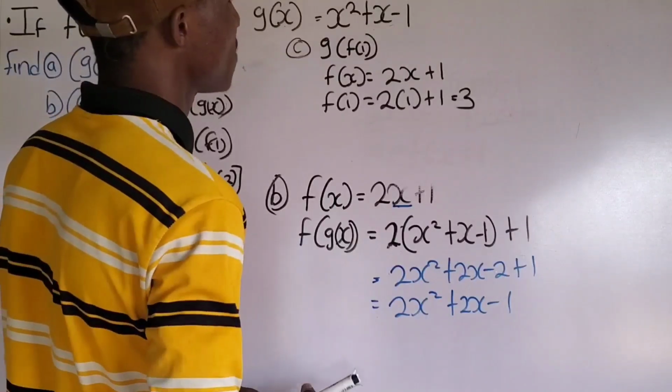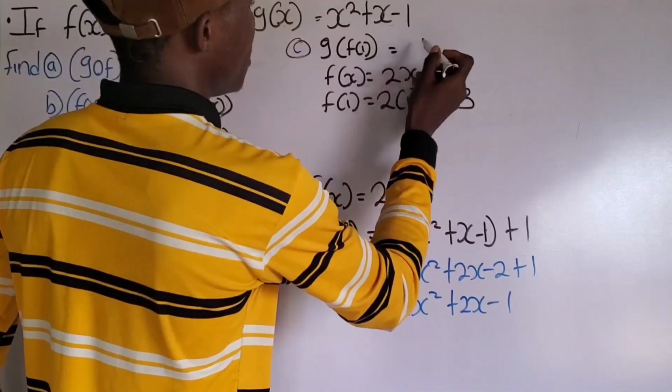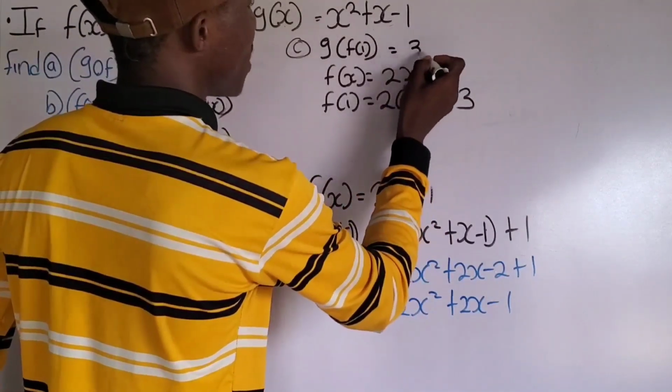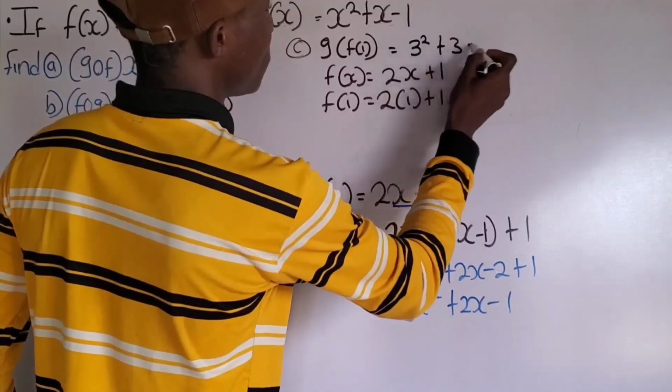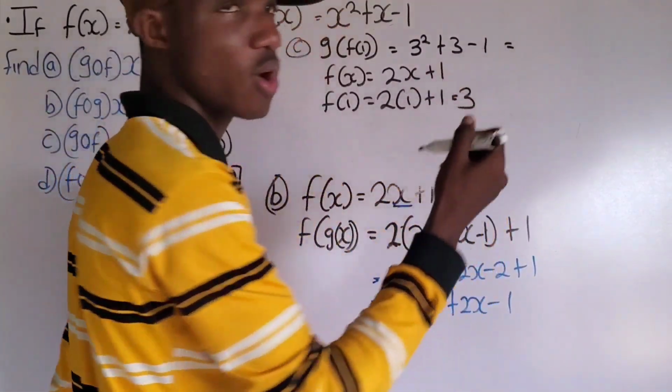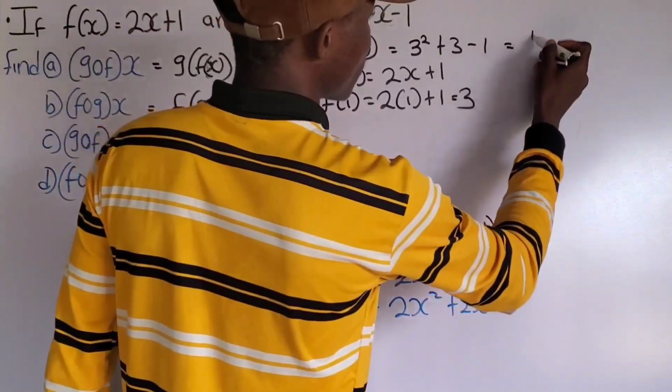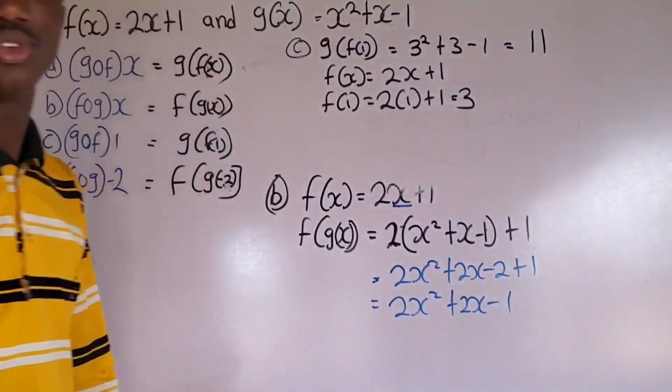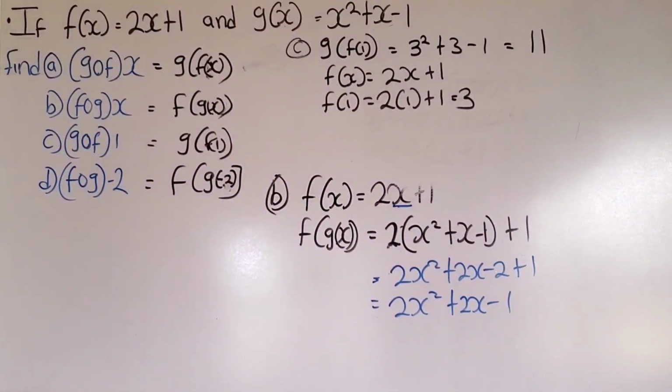So g(f(1)) will be, instead of x, I'm going to have 3 squared plus 3 minus 1. 3 squared is 9, 9 plus 3 is 12, 12 minus 1 is 11. So I'm going to have 11. Do you understand? Okay. Now, for the fourth question,